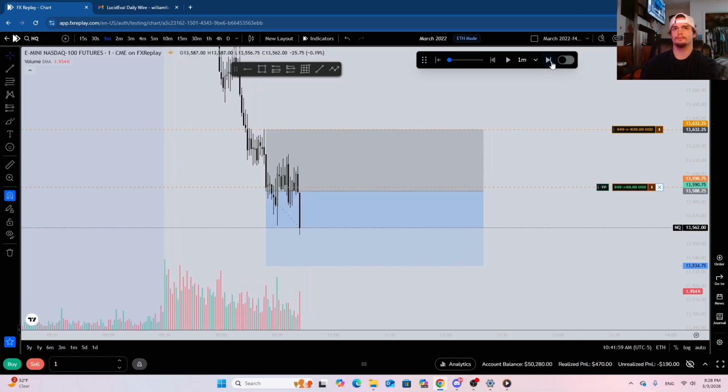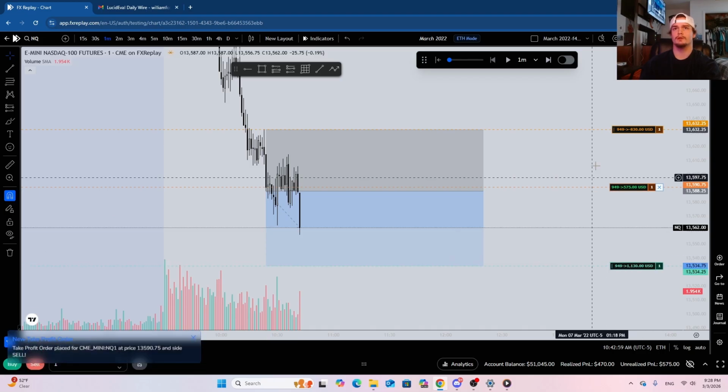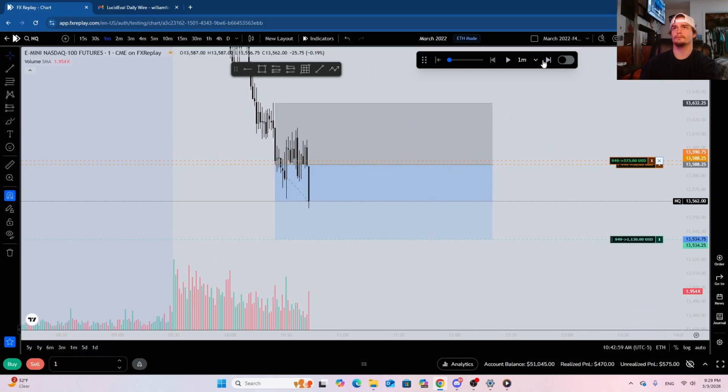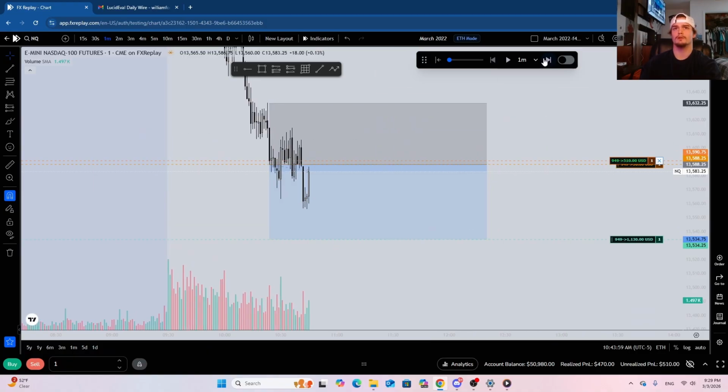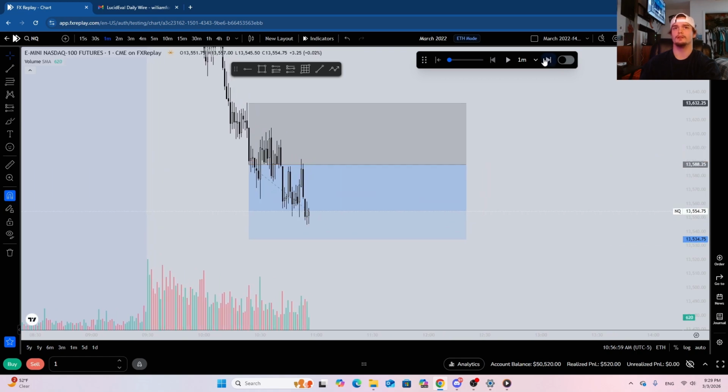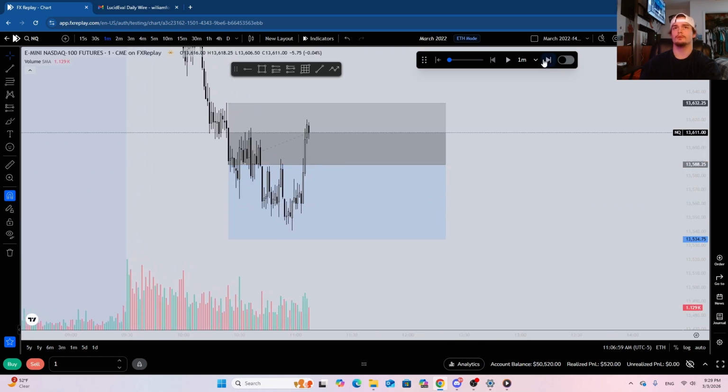Alright, so we're chopping around. At this point, I'm going to go break even. TP is going to be down here. Forgot to set that. I'm going to go break even here because I don't like the way price is not delivering. So move it slightly into profit. If we get break even, it's whatever. And we do get break even. And then it runs. Oh, we want to hit TP anyway.